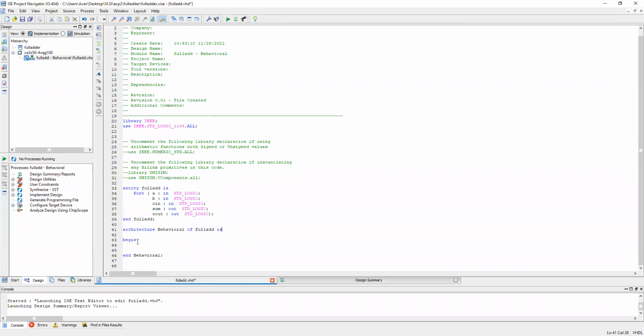After begin, you have to click here, and now here you have to write your code. That means the architecture part. Okay. So normally in case of full adder, we use behavioral, but data flow also. Means we are using logical equations for sum and C out. Okay. So for sum,